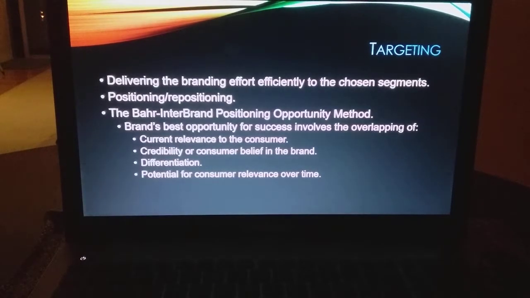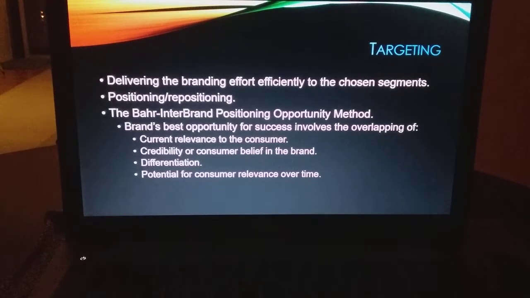Okay, so targeting. Talk about segmenting. Now we're going to talk about targeting. So delivering branding effort efficiently to the chosen segments, and it's this idea of positioning or repositioning the product. So we position a product. Buick is kind of going through that right now. That they're repositioning their product as for a product, for younger, active people. So you want to think about